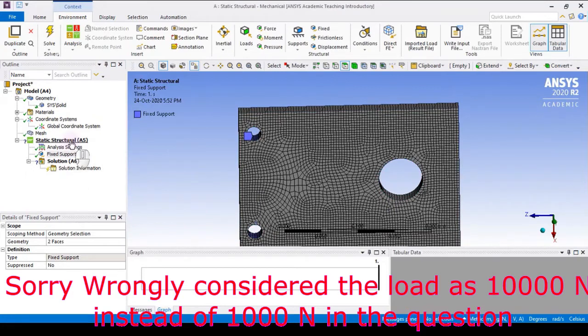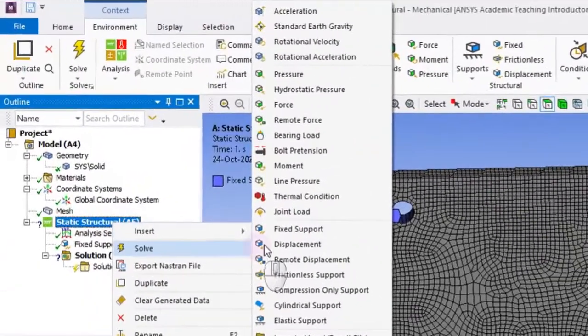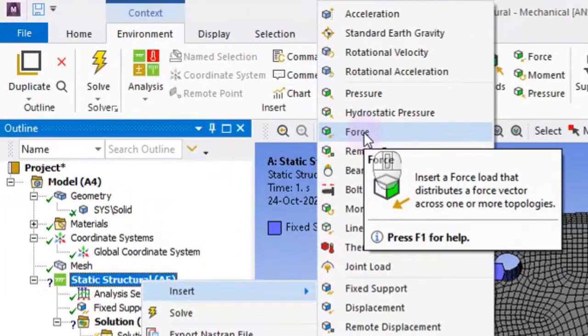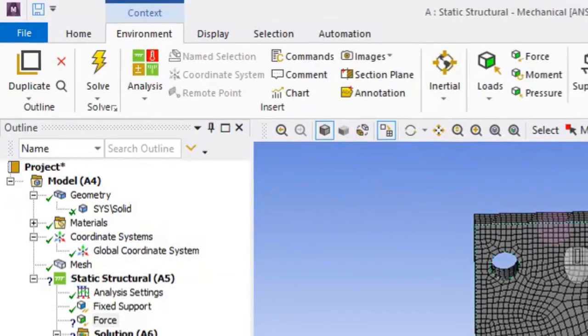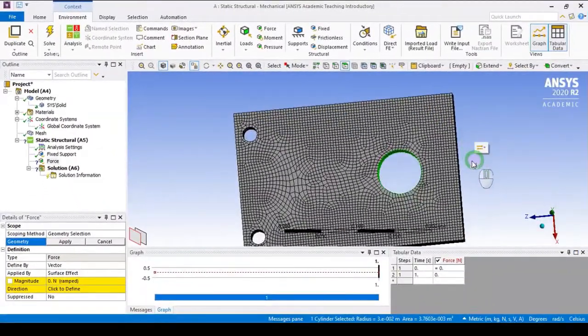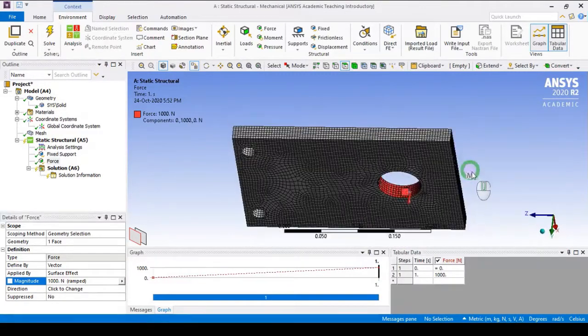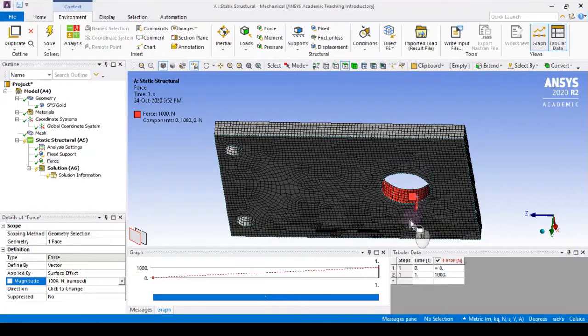So let me go to structure, right click, insert. So you have something called force. Go to force here, select this force, select this particular region. You can see I selected that. I will apply this. So you have something called magnitude here. When I apply this magnitude, the force will be perpendicular to that in a particular way. Let me show you. I type 10,000 now. You can see here it shows an arrow like this, right? So along this direction, it's like a shear type of load which is acting.